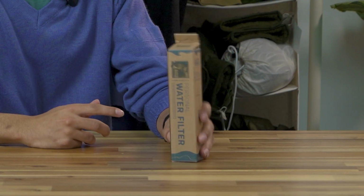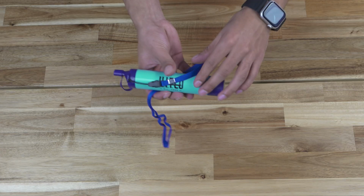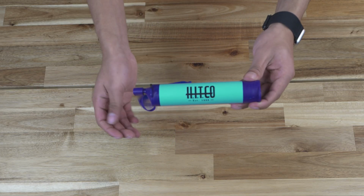So water is kind of a necessity. I mean, if you don't have water, you're just going to die. So let's make sure that you have some options for water when you are out in a situation like this. And one of the best, in my opinion, is our Hitco personal water filter. Hitco is the Huffman International Trade Company. It can filter up to 5,000 liters of water, which is about enough to hydrate you through a full-blown apocalypse